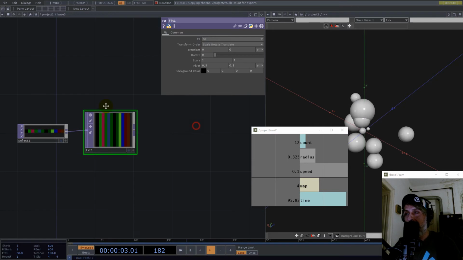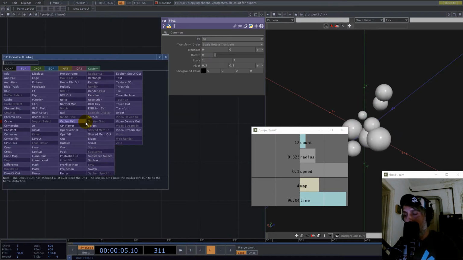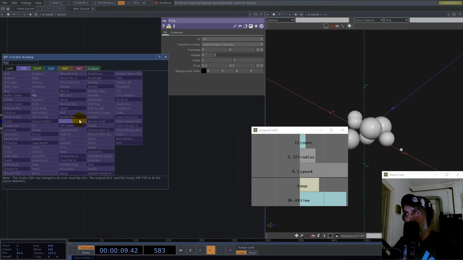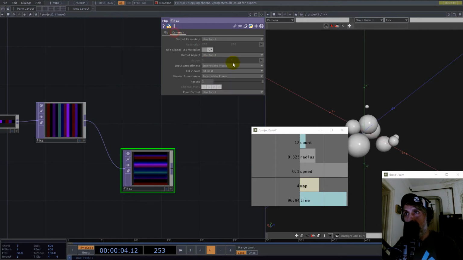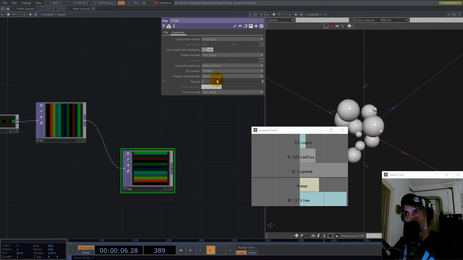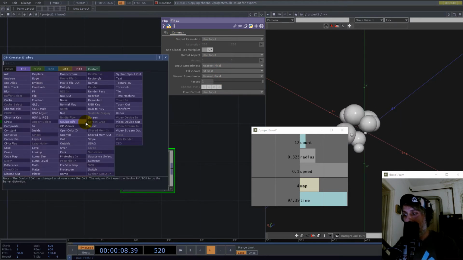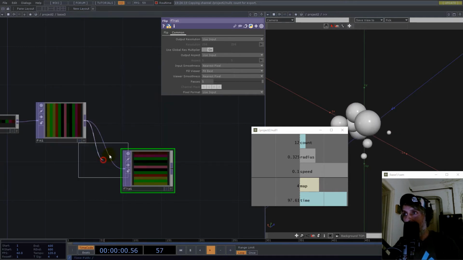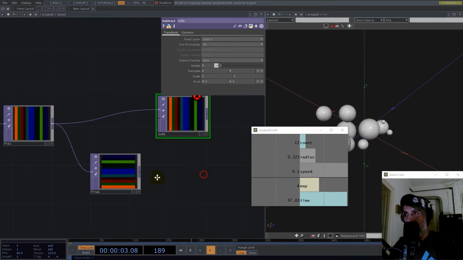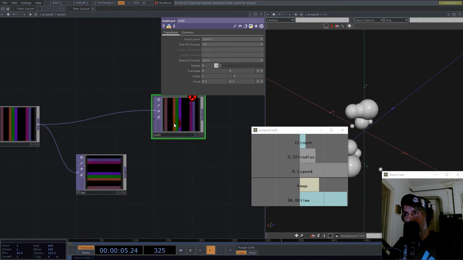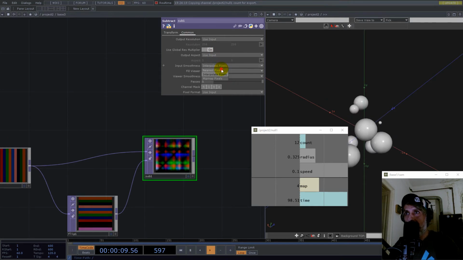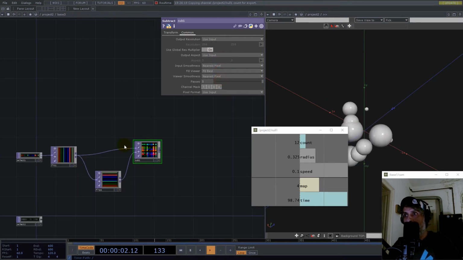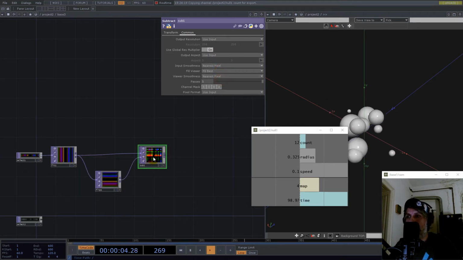So now I'll use a flip bottom left, also nearest pixels, and now subtract, and also nearest pixels. So now I have differences,